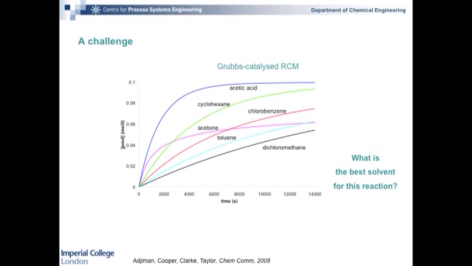In the case of dichloromethane, things are going very, very slowly, but if you wait long enough, the reaction will go to completion because there is no deactivation of the catalyst in this solvent. In acetic acid, however, things look great. The reaction goes to completion very quickly. The one thing you can't see in this picture is that the catalyst is not very soluble in acetic acid. So you need a lot of acetic acid to get reasonable quantities of product.